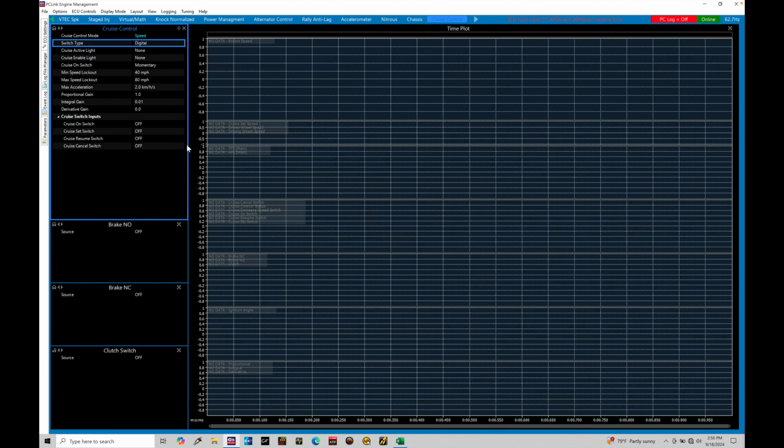And within our cruise control window, we're going to find that we have our cruise control tab, or the main area we do our programming. We have our brake normally open, brake normally closed, and then clutch switch down here. And we also have a time plot window, which is going to be showing us a lot of important information to set this up. We're going to be doing a quick demonstration, just seeing how the system's going to work